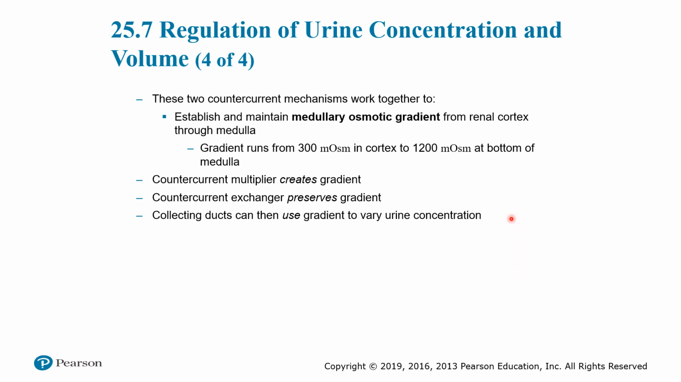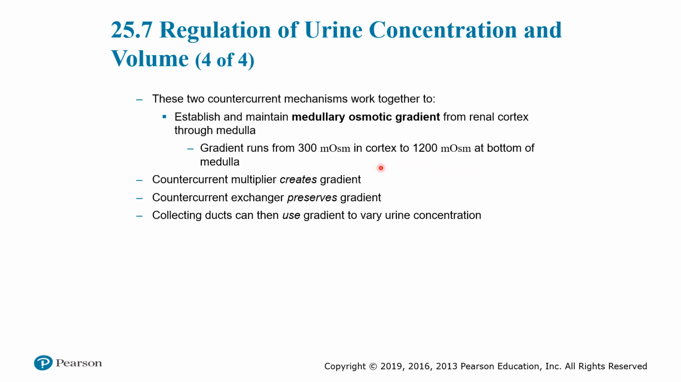In the cortex, the osmolality of the fluid is 300 milliosmoles. It is just like the filtrate and the blood; they are isotonic. As we move towards the medulla, the osmolality at the papilla of the pyramid of the medulla is 1200. And there is a gradient which runs from 300 milliosmol in the cortex to 1200 milliosmol at the bottom